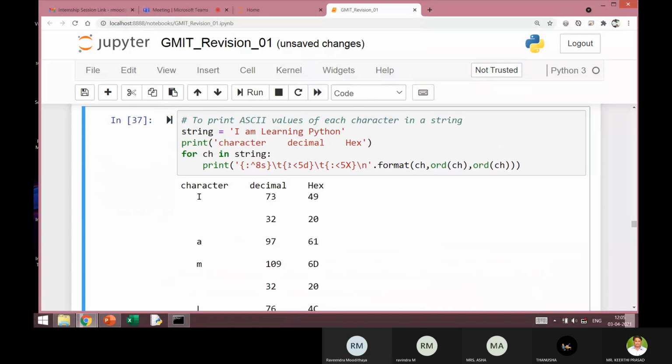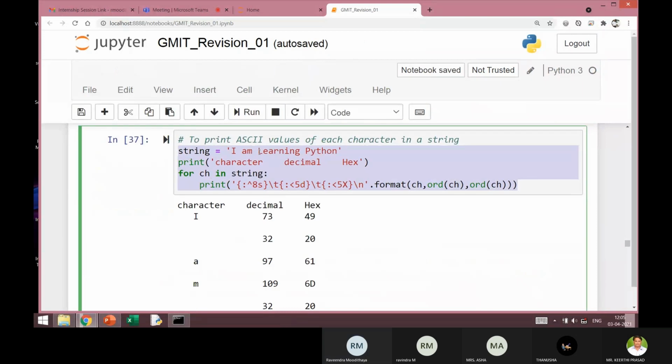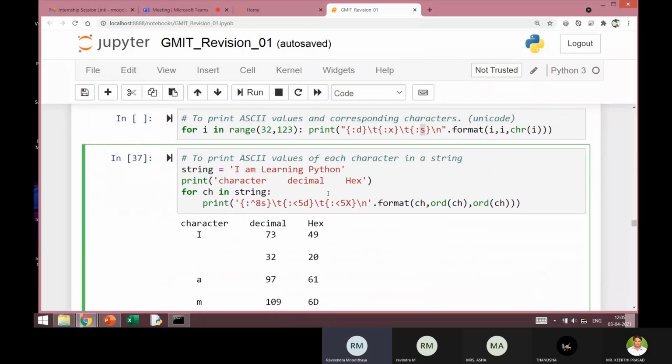Now if you are typing this in a command prompt of Python, it's very difficult to observe the output. You can see the output, but it is difficult to observe. So you actually need an interactive tool, either Jupyter Notebook, or something called IPython.